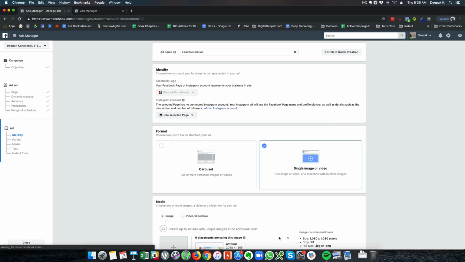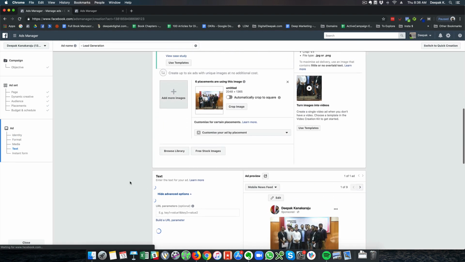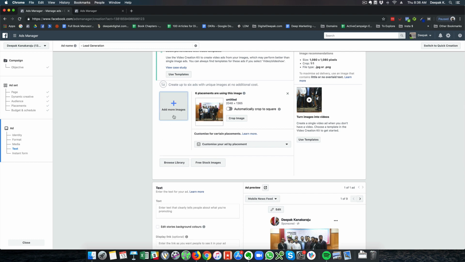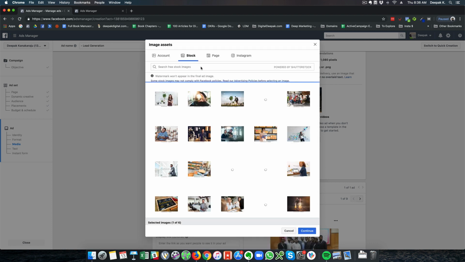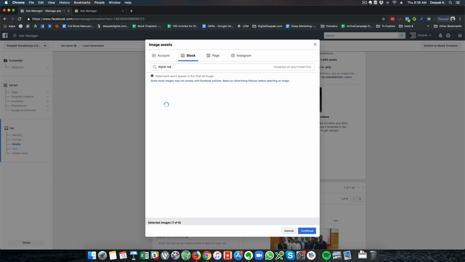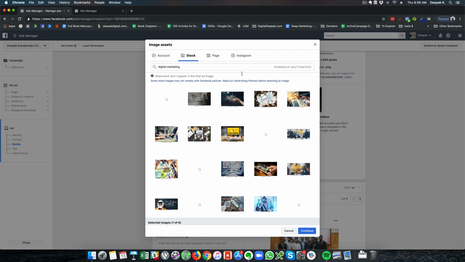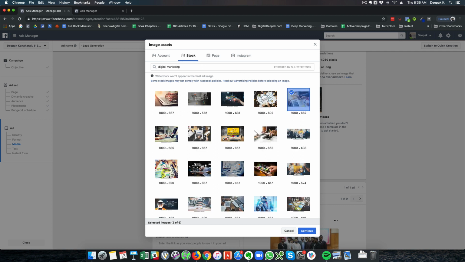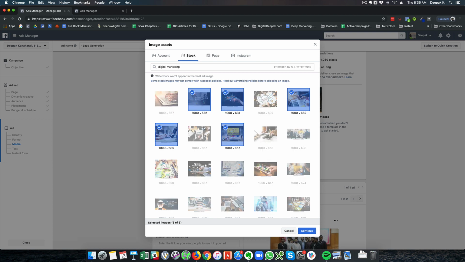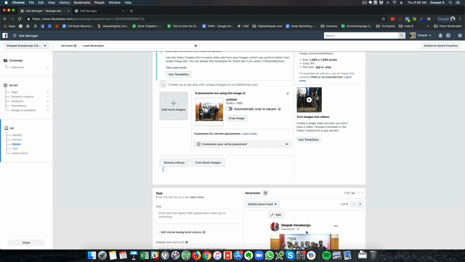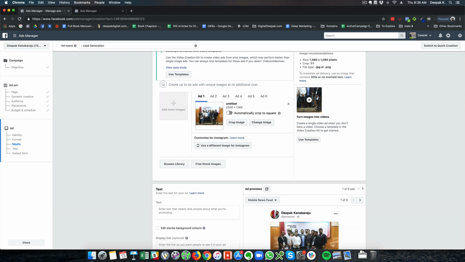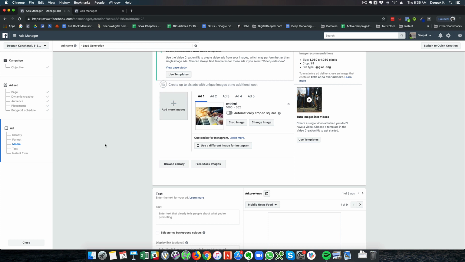And now I have to go ahead and create the actual ad. So let's go ahead and add more images from the library. So we can use free stock images just like we did for the previous ad campaign. I will just search for digital marketing and select some 6 different choices here. You have to be careful that sometimes the ad text might be too high and Facebook will not be able to run the ad. So I will just select the images which I remember to have performed well before for the previous campaign. Now I will click on continue, and I will remove this ad as well. We'll just run with 5 ads.